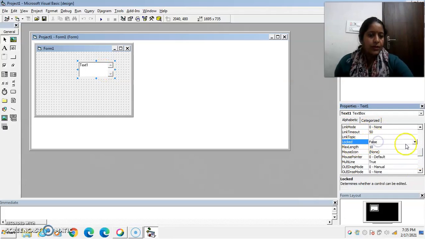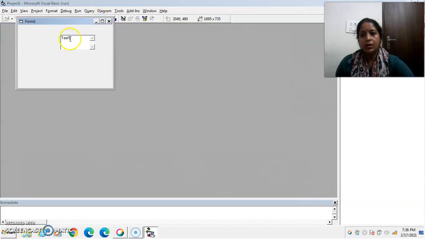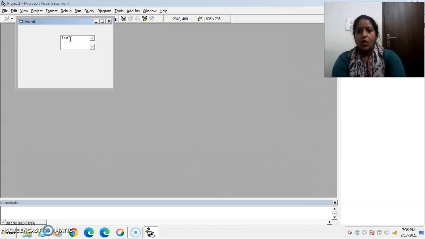Locked property. This locked property will make the text box control a read-only box. By default it is false. Now I am making it true. Now run this application. Now I can't enter text in it.